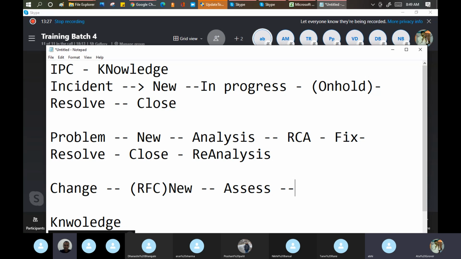He is assessing the change. Give me time, let me check with some other vendor as well. The assessment is going on. And finally, after 1 or 2 days, he says, no Tanvi, this is the right price he is charging, and I'm happy, this should be done. We need to fix these particular things. An assessment has been done here.